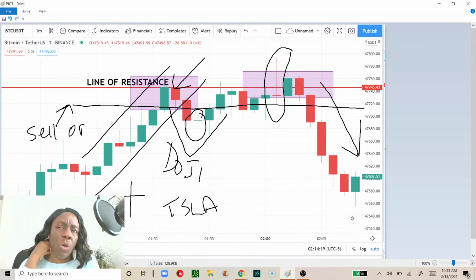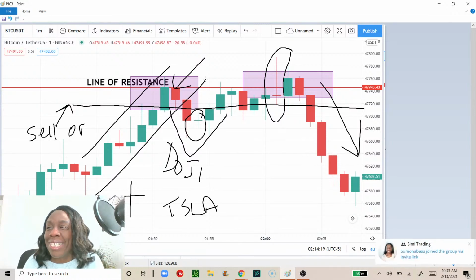Join these other groups. Don't overjoin groups, because there's a risk, but be picky on which groups you want to join. And of course, it's not everything that is said that you jump on. You always have to do your due diligence. That is so key as a trader. You got to be able to take the information and look at the charts and see if you can see what they're saying. If they're saying sell, why are they saying sell? Look at your charts and see, if you see red candles jumping up all over the place, then sell. So that's the second way of knowing what coins to trade.